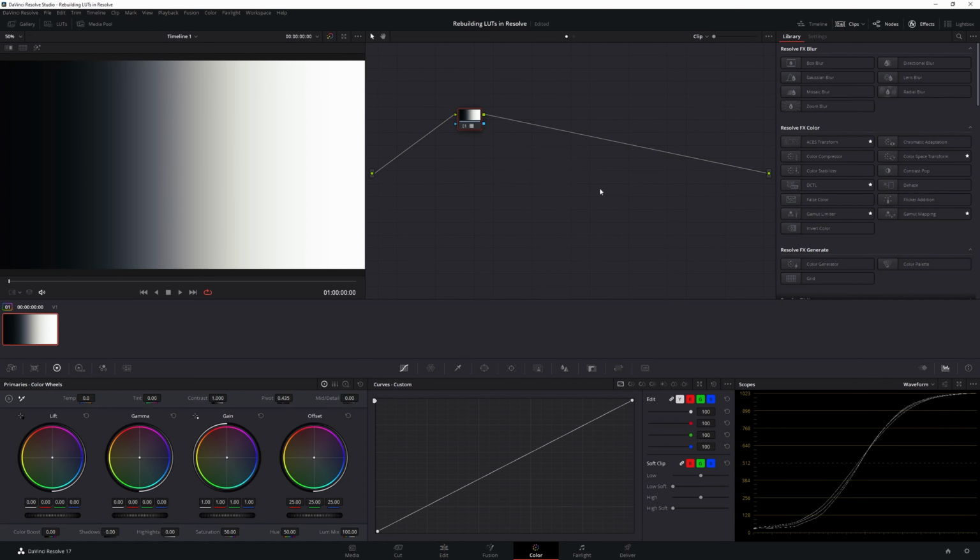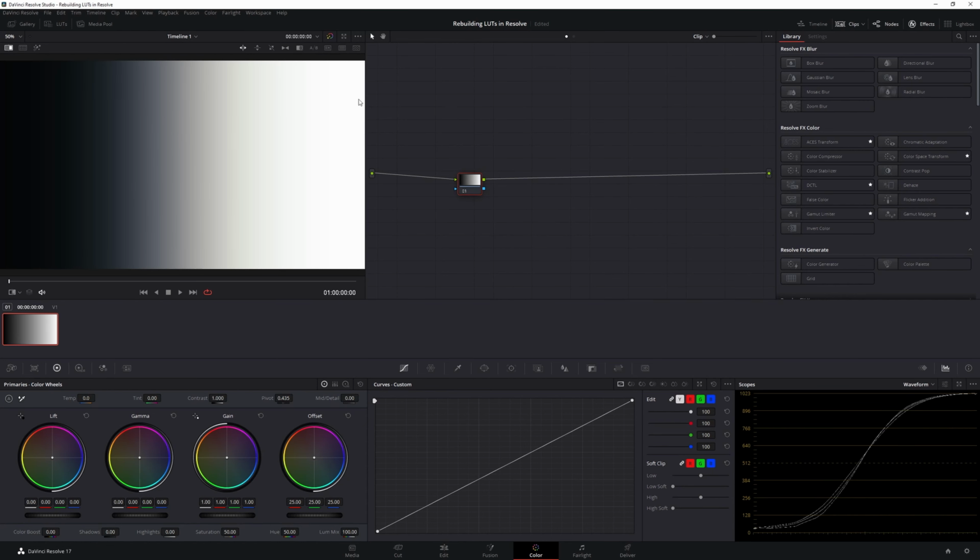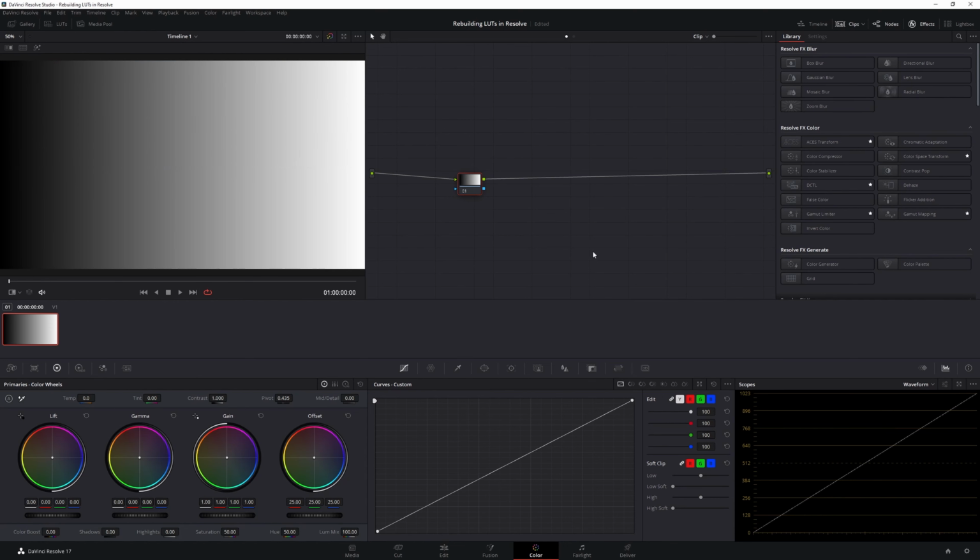I'm going to grab a still and reset the grade. We will be using this grabbed still as a reference for rebuilding the LUT. I'm going to switch to the image wipe mode now so that I have an easier way of comparing what the LUT is doing. Now, if you look at the scopes, you'll be able to see both a straight line and a curve. The straight line represents the grayscale and the curve is the manipulations the LUT produces.